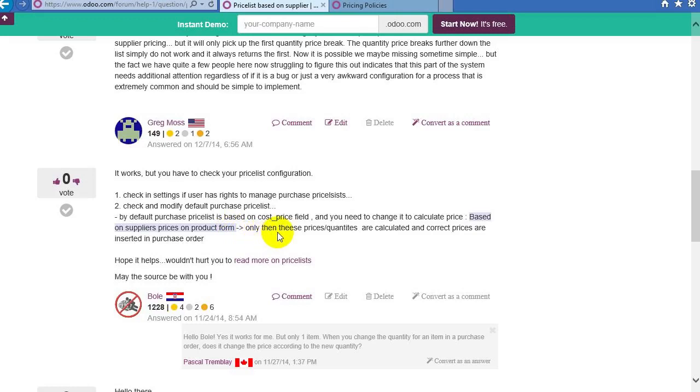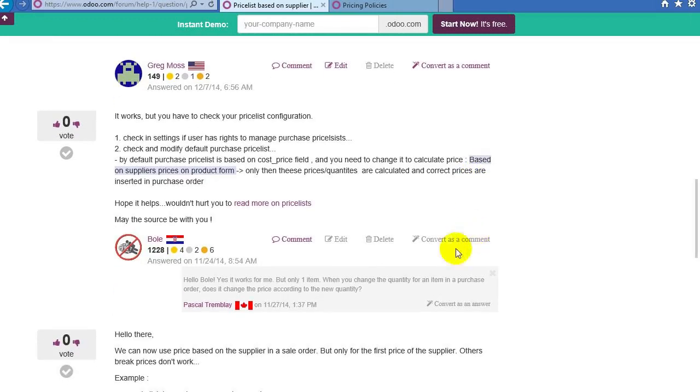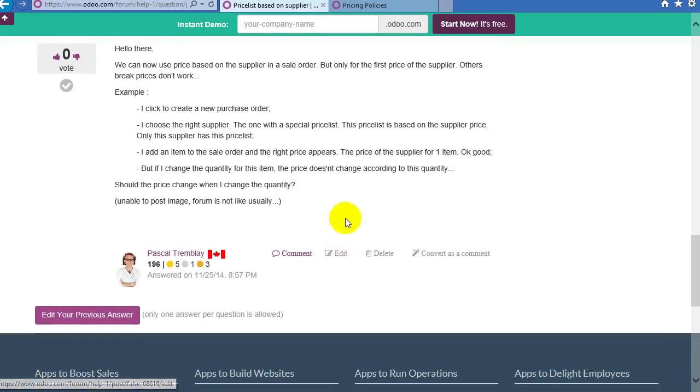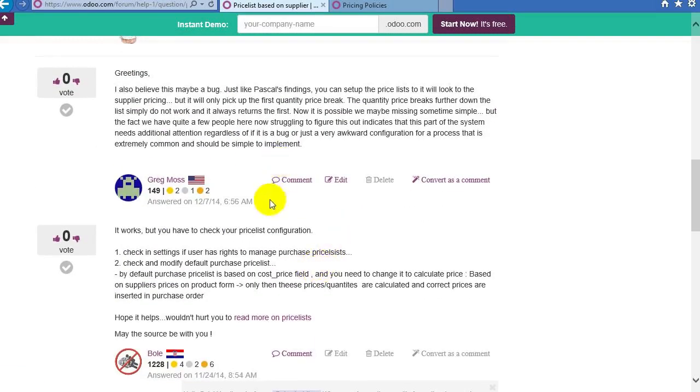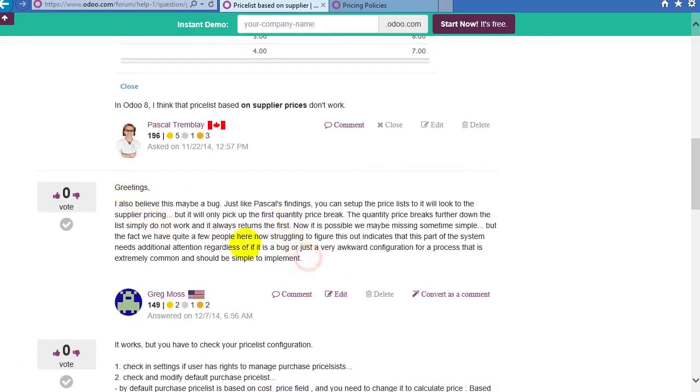And it says only then these quantities are calculated and correct prices are inserted. And then they said, yes, it works, but only for one item. When you change the quantity for an item in a purchase order, it doesn't reflect a new quantity. And you'll see down here, and unfortunately it's out of order, that I've posted that this is my conclusion